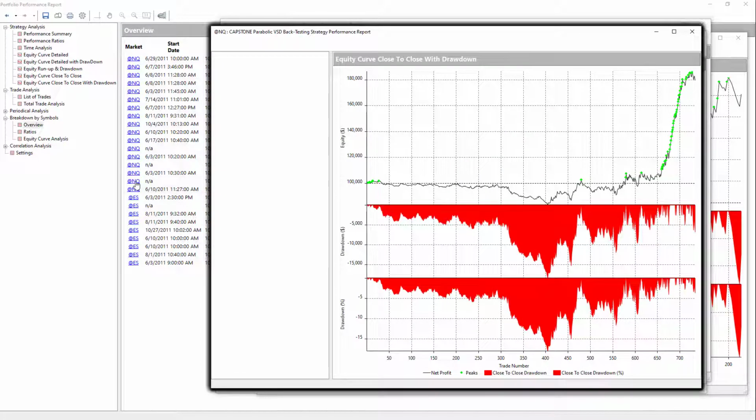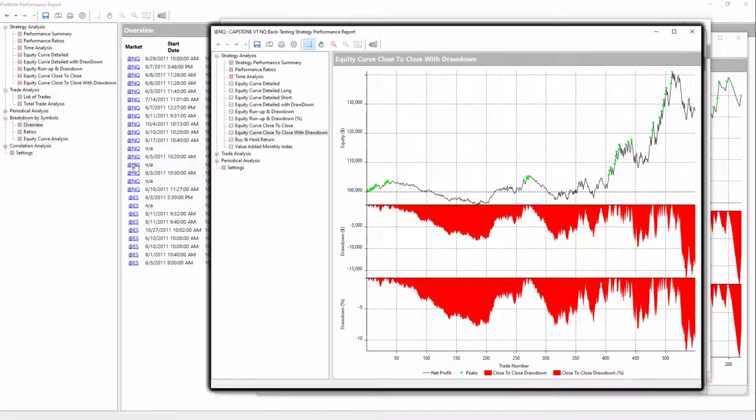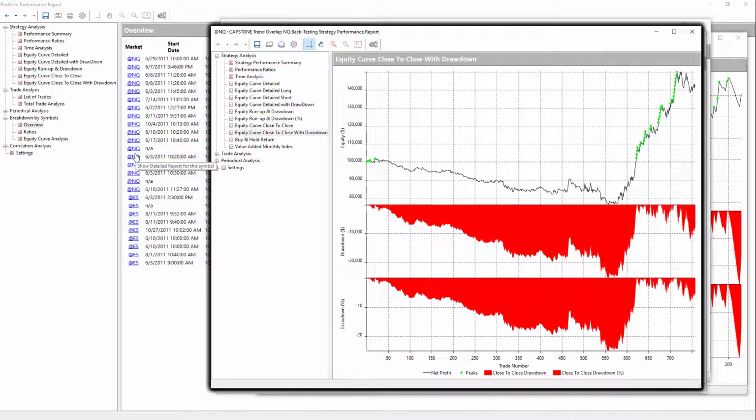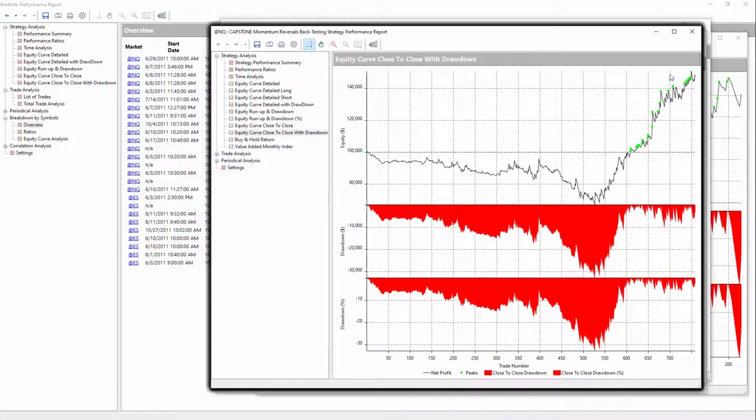So I want to go back and find the momentum reversals on the Nasdaq and show you that. Let's see, I want the short only momentum reversal trade. Here it is. So the momentum reversals have had some good trades recently, and you can see that uptick in